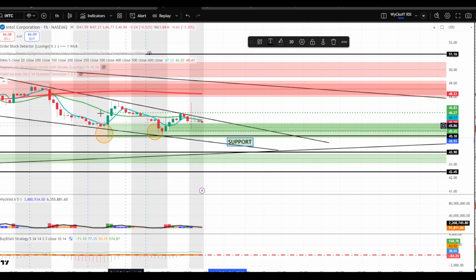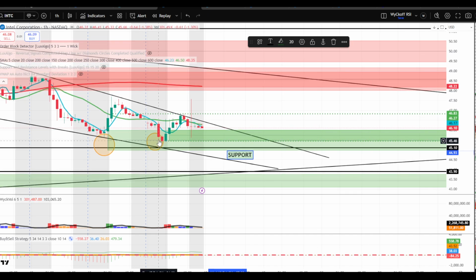It looks like there's some order blocks right there. So you see if it dips all the way down or just continues to hold some support here for a potential move